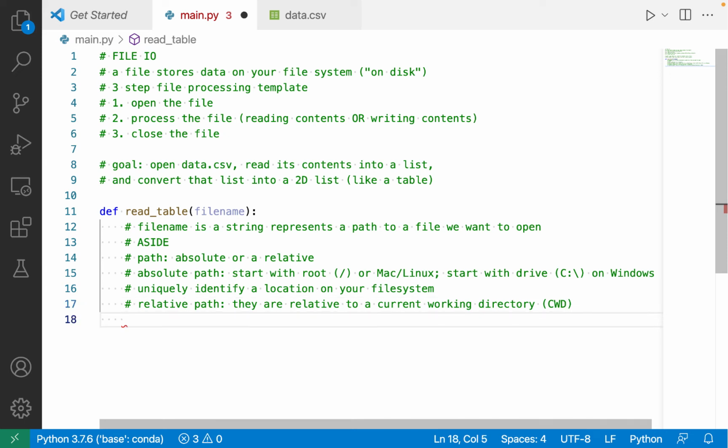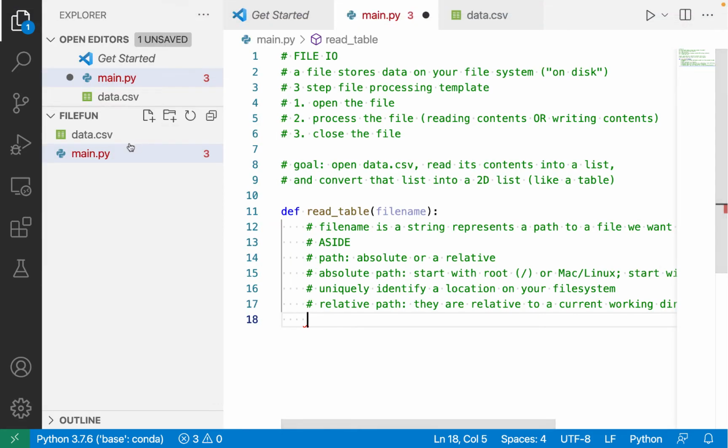So for example, right now in VS Code, if we look at my project explorer over here, the current working directory of VS Code is FileFun. So I can just specify the names of files or folders or subfolders inside of FileFun without having to put everything before FileFun, including starting all the way with root, because I'm on a Mac, or C drive if I was on Windows, because FileFun is the current working directory of VS Code